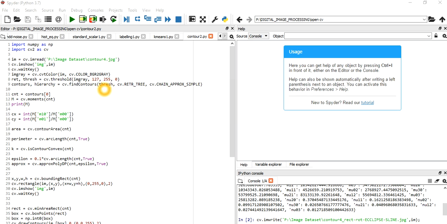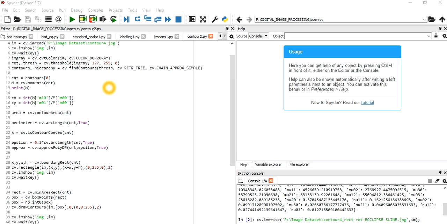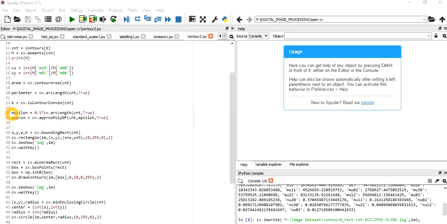First we have detected the contours, then we have found the moments from it, then the area of the contour, and then the perimeter. Then we have checked whether the contour is convex or not, and after that epsilon and approx are also important.